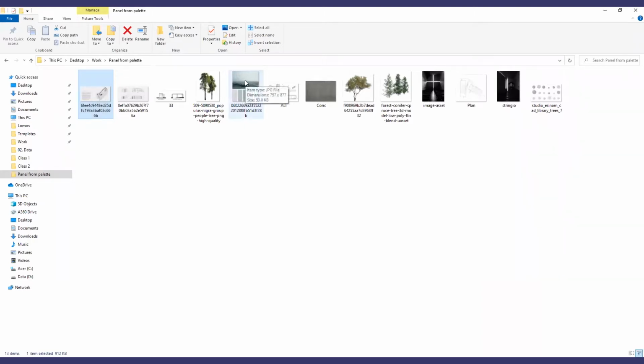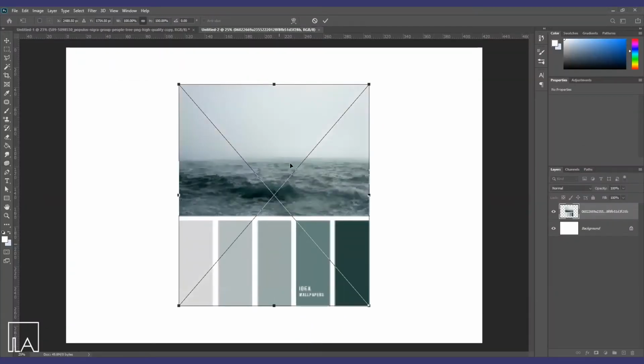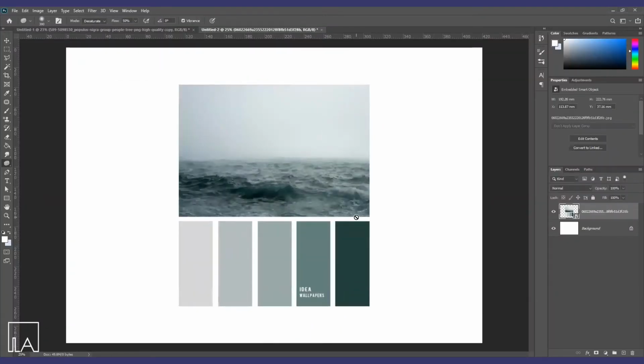So the first step would be for you to choose a color palette that you want to work with. You will find hundreds of tried and tested color palettes online from websites like color.adobe.com, Pinterest and many more. The color palette that you pick can be anything, but depending on the project at hand and the kind of mood you're trying to depict, you will have to choose either a warm color palette or a cool color palette. It's always advisable to choose pastel or muted colors as these are easy on the eyes and will also help your drawings and renders to stand out better.